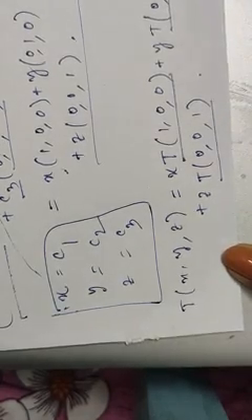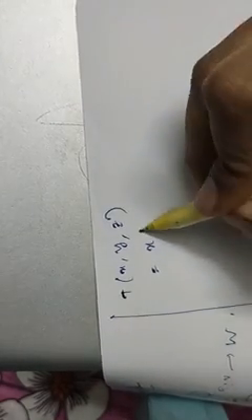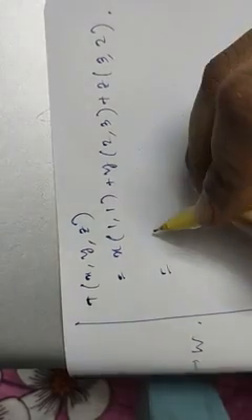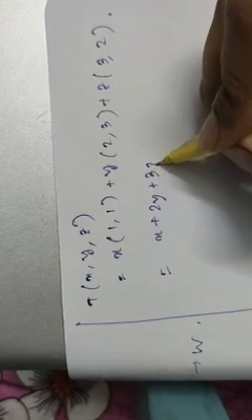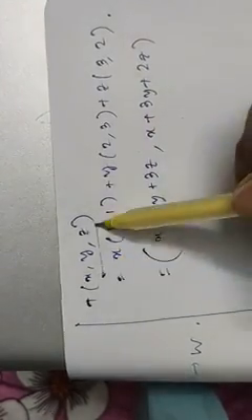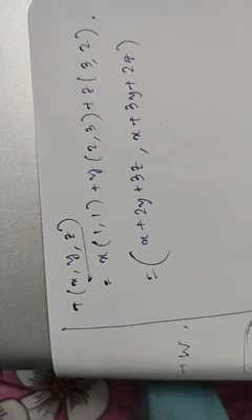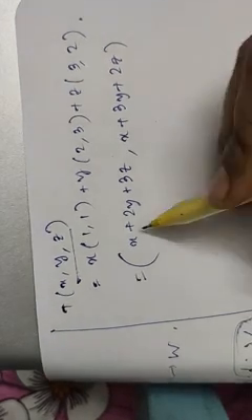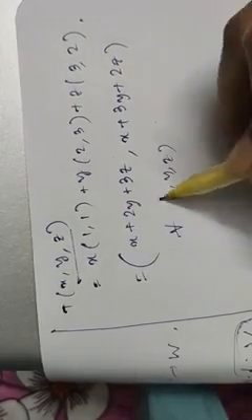So in the next line we put the values. We write T of (x,y,z) equals x into the first image (1,1) plus y into (2,3) plus z into (3,2). Now open these brackets and find the sum. It becomes (x+2y+3z, x+3y+2z). And we have chosen (x,y,z) arbitrarily, so this is true for all (x,y,z) belonging to R cube.